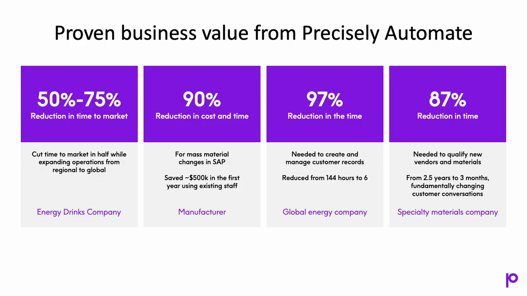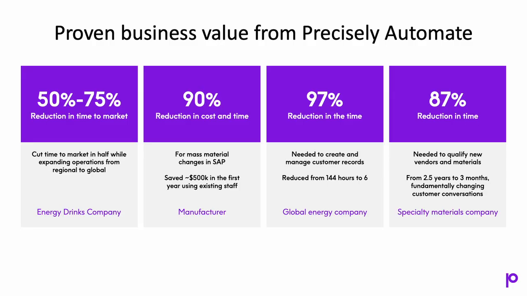97% reduction in the time to create a new customer. A large organization, if you think about it, would be the same way with a donor. If you've got a lot of donors and it takes you a long time to create a donor, in their case, it took them 144 hours. This is a highly sophisticated global organization. 144 hours. So basically, it took them 3 weeks. Once they automated that process, it took them 6 hours, less than a day. So they went from 3 weeks to less than a day.